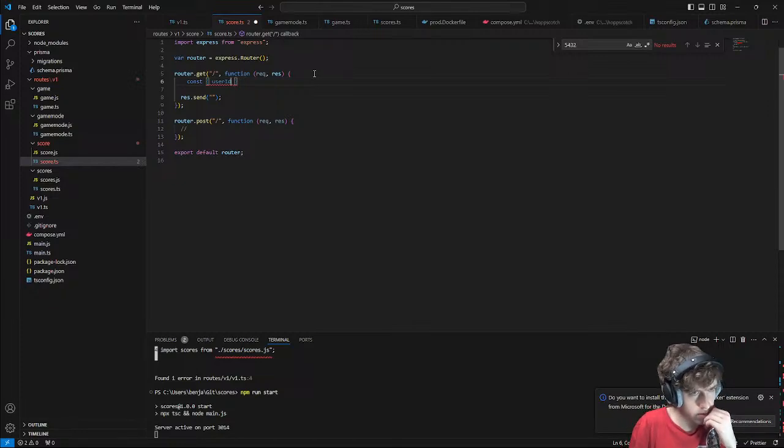User slug. I guess username. And game mode slug equals req.query.